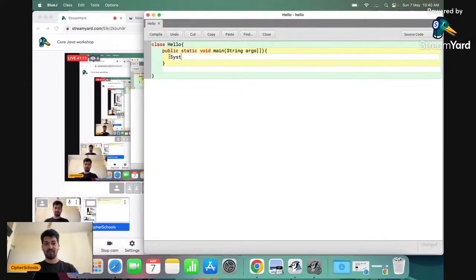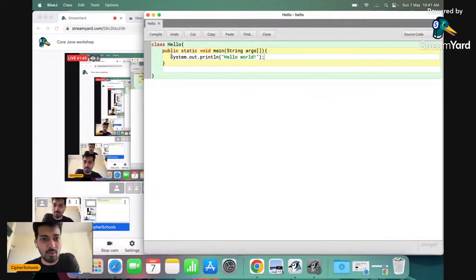But trust me, you will get used to it the more you write. Now, when we want to print out something as an output, the line to that is written. I'm going to write that line because in C language you write printf, but in Java you write System.out.println, and in the bracket, in double inverted commas, you write Hello World, let's say, and then a semicolon.